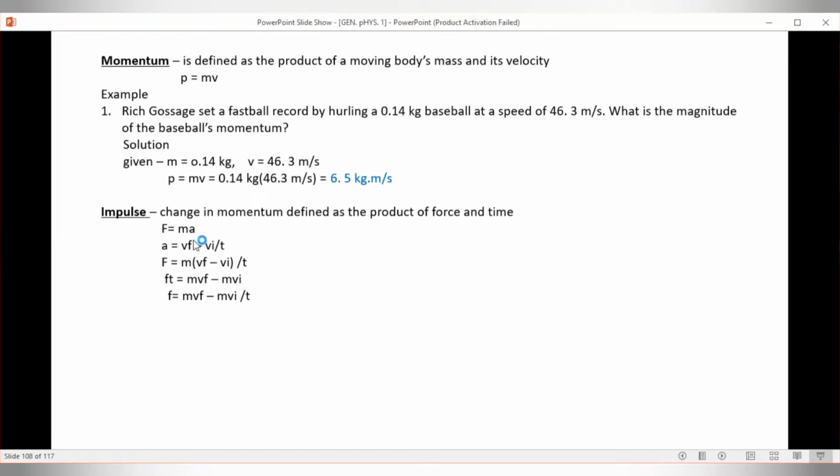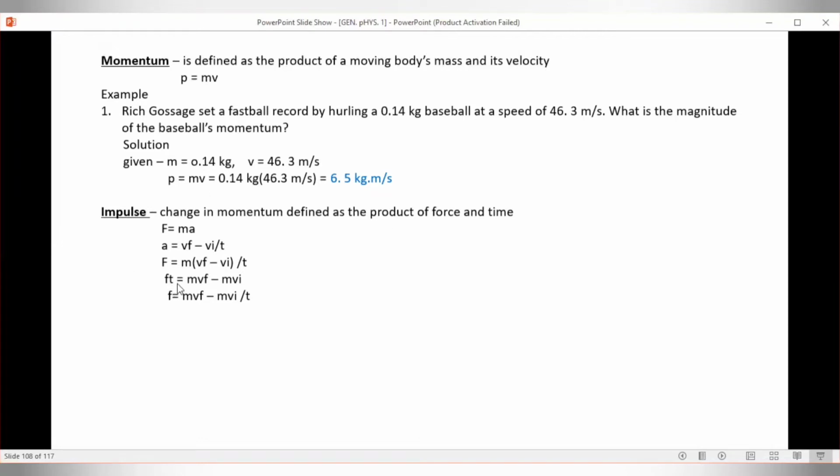By substitution for force is equals to mass times acceleration, you substitute the value of a, therefore you have mass times the quantity of final velocity minus initial velocity all over time. And therefore, your impulse expression is mass times, by multiplying both sides by t,